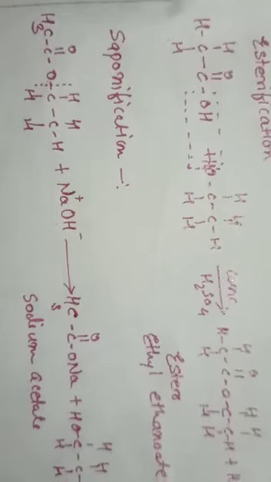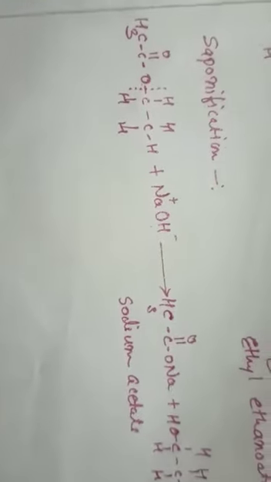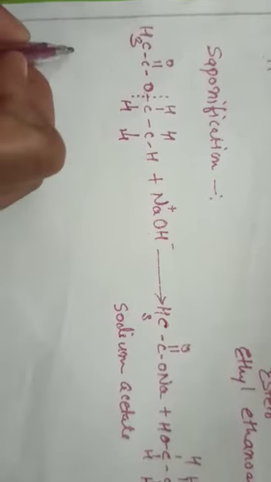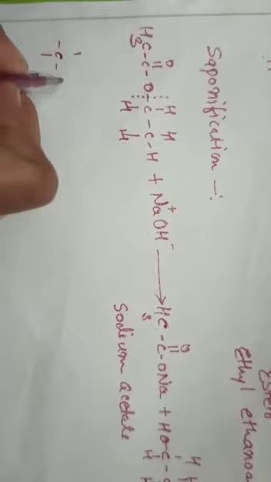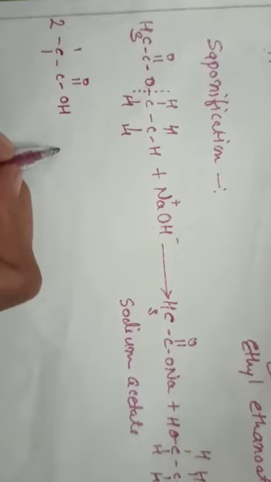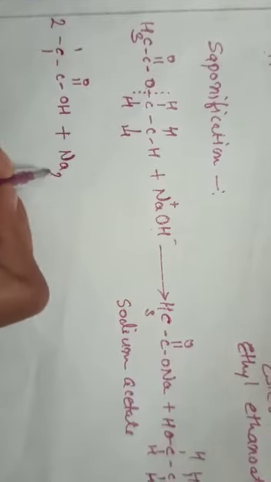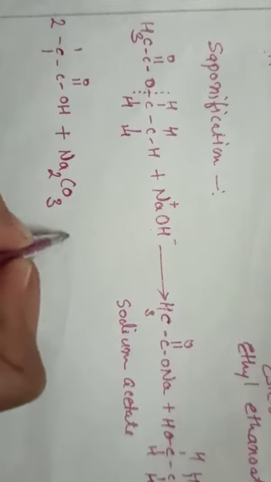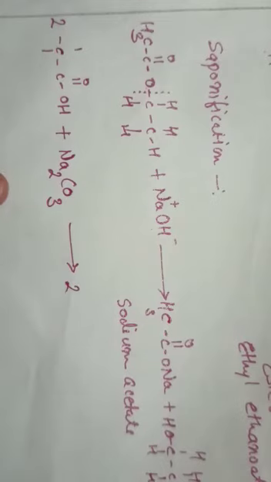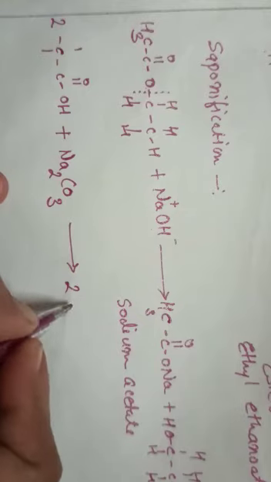Two more reactions are there for the formation of sodium salts of carboxylic acid. Now let's see the second one. For the second reaction, we have to take ethanoic acid as the first reactant. So draw the structure of ethanoic acid now. But two molecules of ethanoic acid you have to take. Allow it to react with sodium carbonate. Write down the structure of that, Na2CO3. After reacting with each other, you will get a sodium salt of carboxylic acid, or sodium acetate again, but two molecules of sodium acetate.